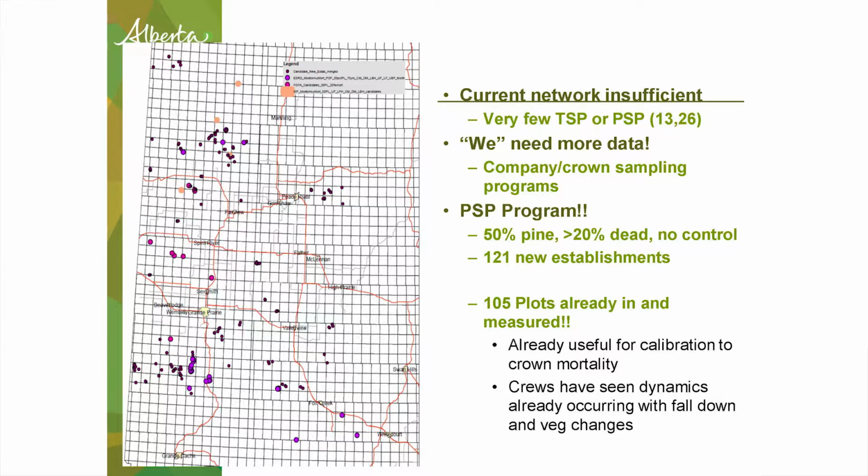So what we ended up doing is looking and finding roughly 120 new establishments to add to that. Because what we wanted was 30 plots for 5 different natural subregions to make it statistically valid, to look at those stand dynamics questions and basal area characteristics and fall down rates and all the rest of it that would come in, and ingress as well. So that's on the go, and I think FGRO has been managing that, and I think they're almost all established and initially measured. We're getting close, yeah. The last establishments should be done by July. Perfect.